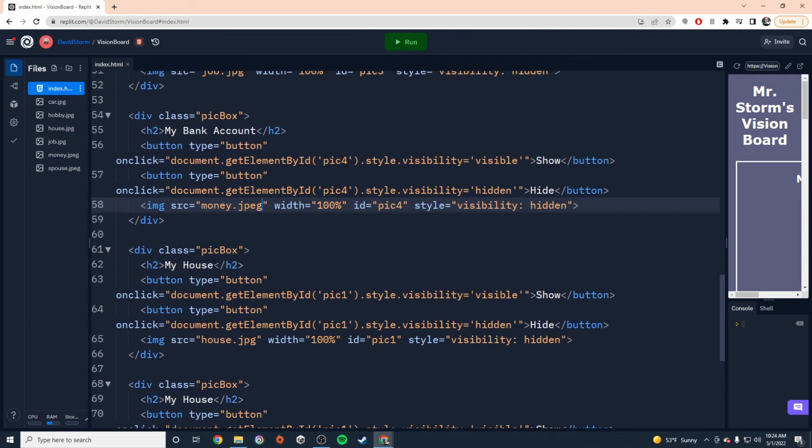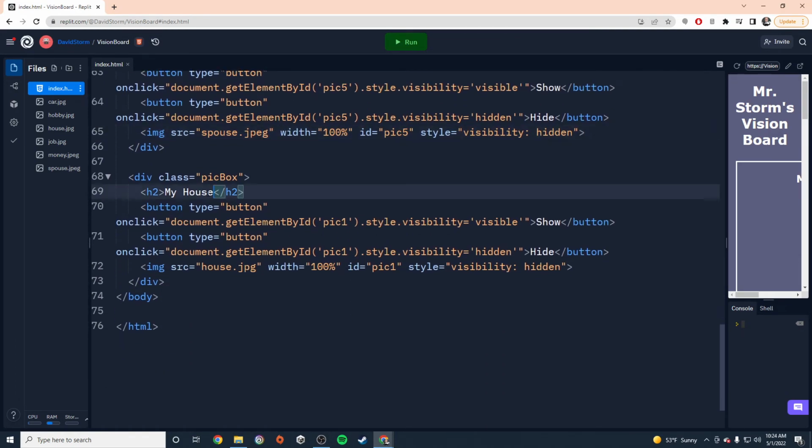Okay, so we have my bank account, my spouse. And this is going to be pick 5 and pick 5 and pick 5. And this is going to be spouse. Hey, there's another JPEG. So I got to pay attention to that and make sure that gets fixed. And then my hobby. All right. Pick 6. Pick 6. Pick 6. And that is going to be